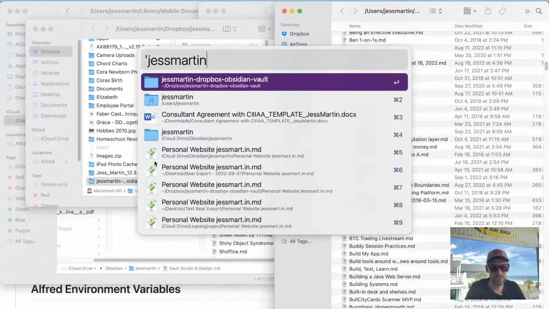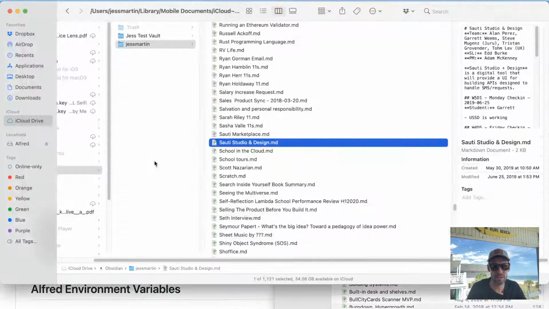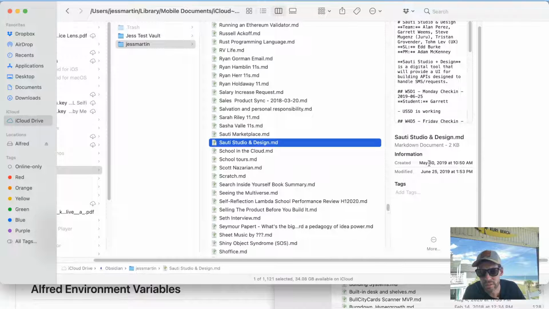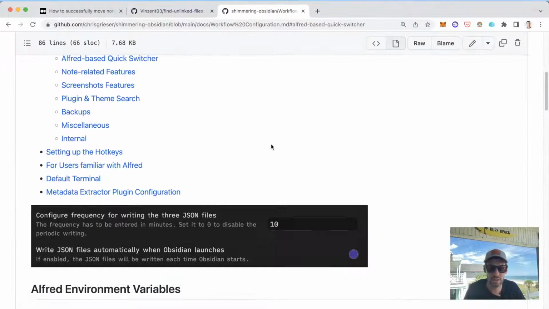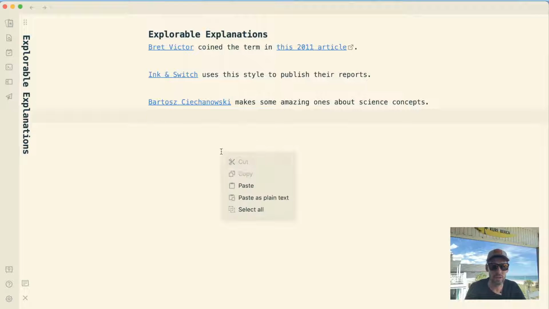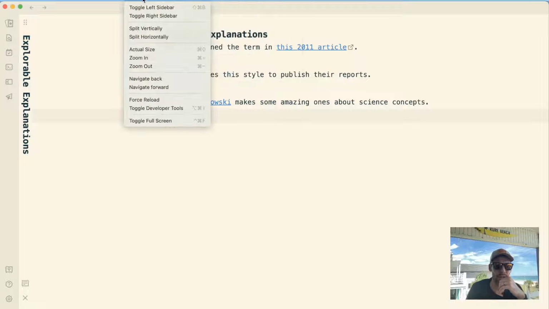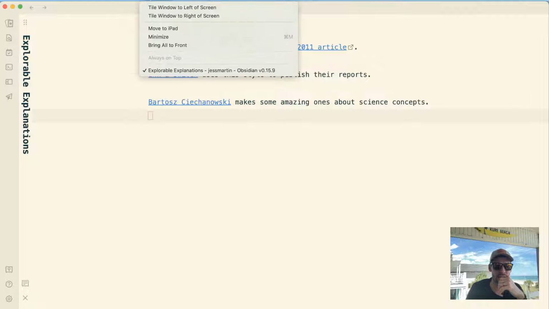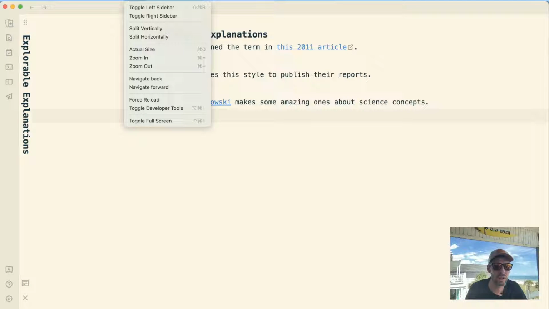Jess Martin would be the vault name, which is there. Let's see, they also have the correct modified date and created date. Okay, cool. So maybe I'm wrong, in the sense that we know Obsidian should be aware of the modification date and created at date for all of these items.